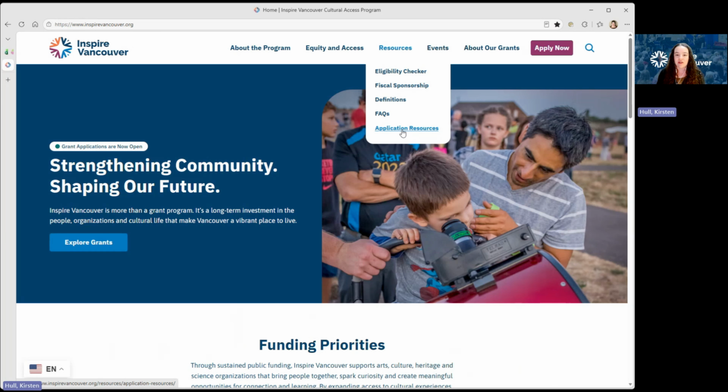We have the letter of support template if you're working with a fiscal sponsor. We have templates for our application questions if you would like to be working in those in a Word document as opposed to the portal. And we also have an Excel spreadsheet so you can work on your budget, share that with other teammates before you enter it into the application portal itself. So all of that can be found at inspirevancouver.org, the resources tab, and then you're going to click on this